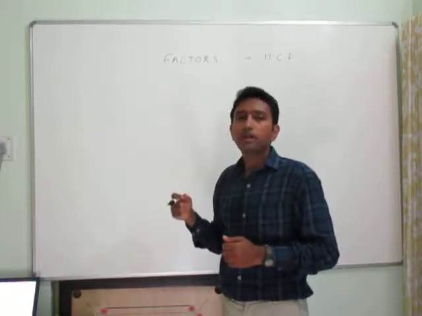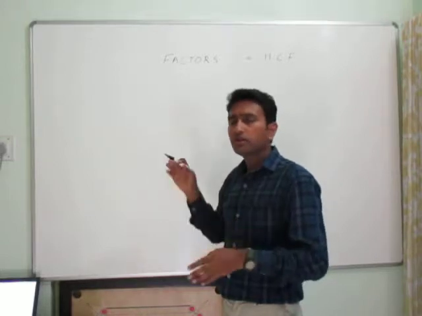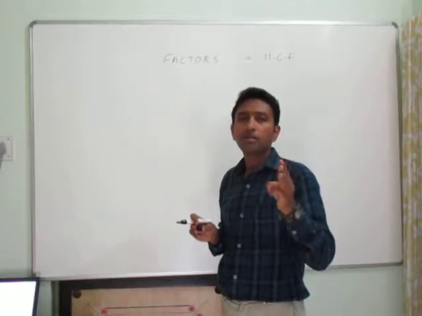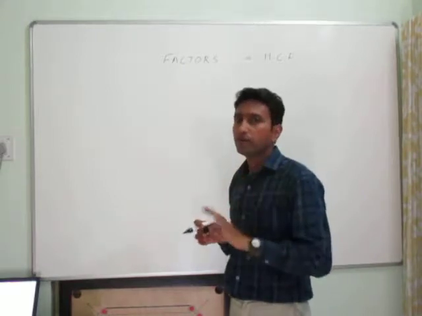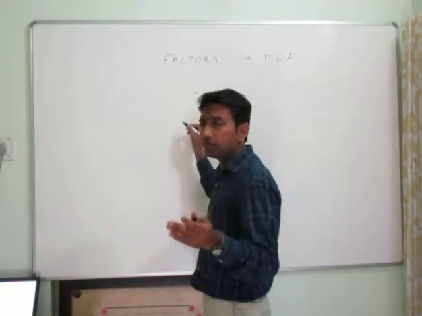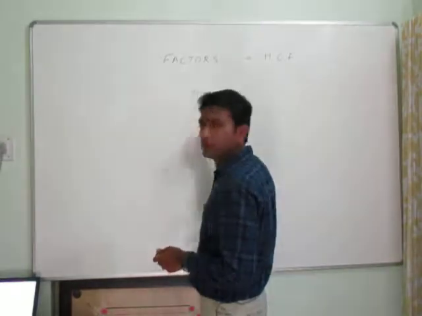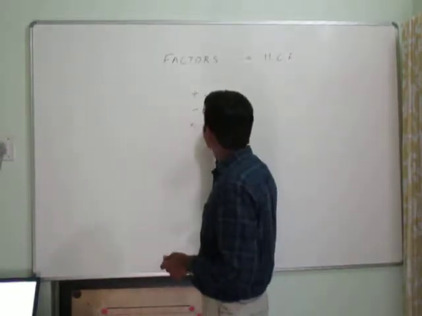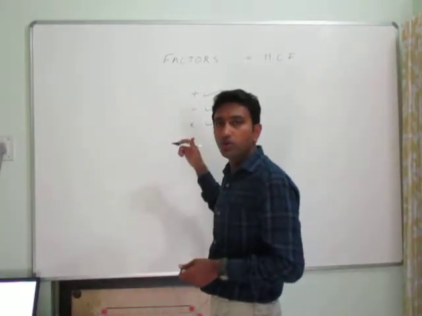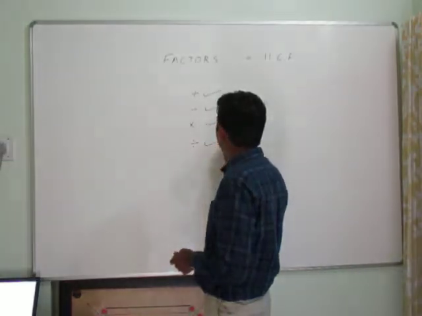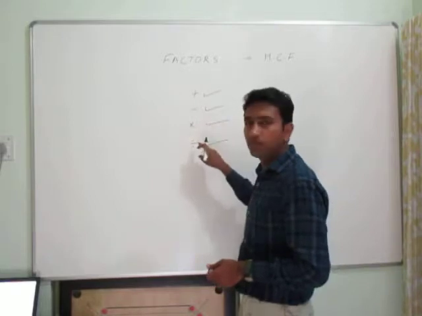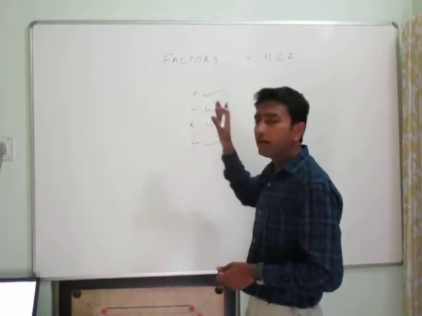Before explaining what is a factor, if you know three things, you know what is a factor. And what are those three things? Addition, subtraction, multiplication. You know these three things, you know what is a factor. I'll prove that to you. Addition, very simple, you will be knowing it. Subtraction, you'll be knowing that. And then multiplication, you'll be knowing this as well. If you know these three things, you know division. And if you know all these four, you will know what is a factor, and I will explain what is